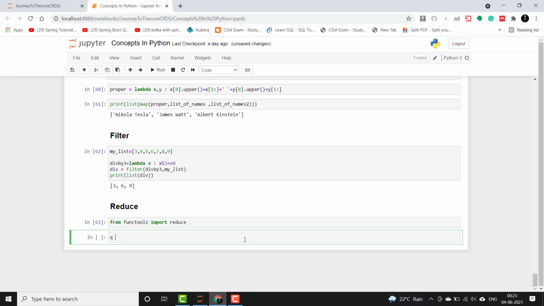And let's say that we want to sum up the numbers starting from 1 to 3. We can write it using the sum function, or we can write it using the reduce function also. Let's see how we write that. We'll say reduce, and it also takes a lambda x comma y, so two variables, and then x plus y. And what we will pass here is a range function with 1 to 4 as the numbers.